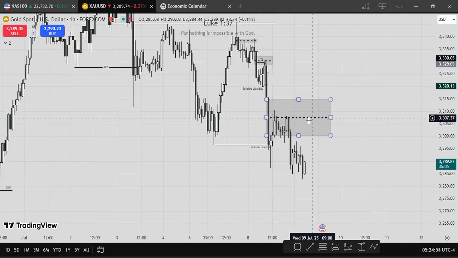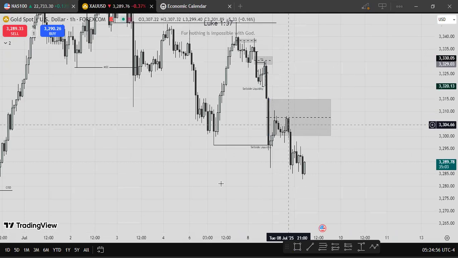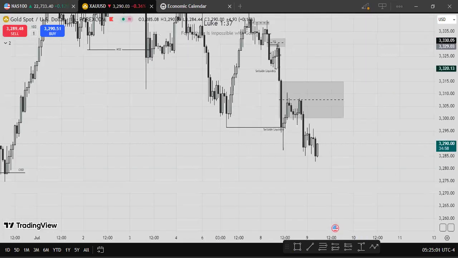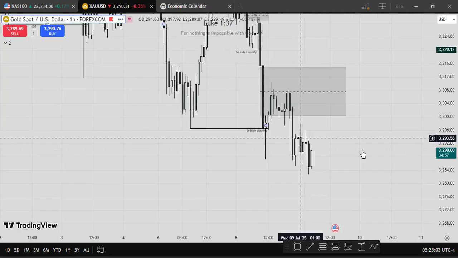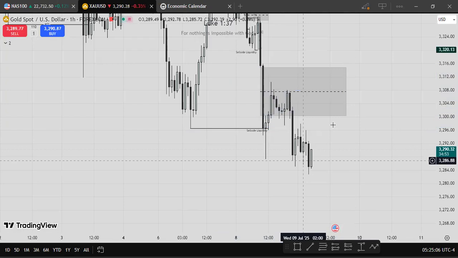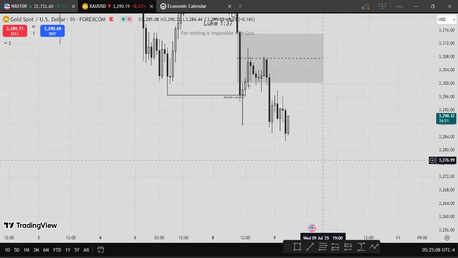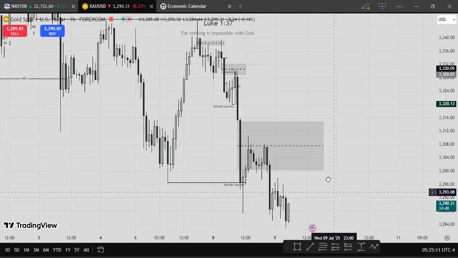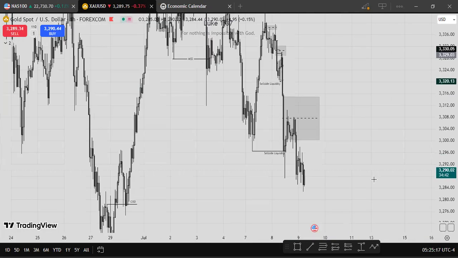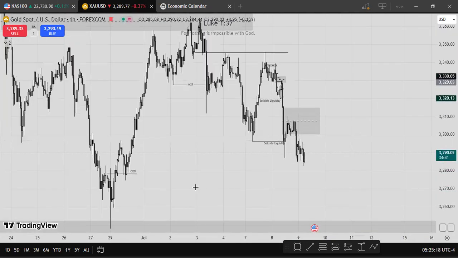So that's a good sign that we are actually going to be bearish. That's signs of bearish order flow. So this whole level here is where I'm gonna be looking for my sells. I wanna let price build up a little bit to get my confirmations and everything. And then during New York session, maybe we can get a nice push to the downside.